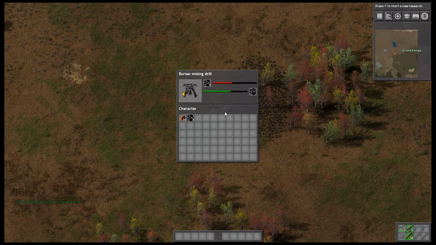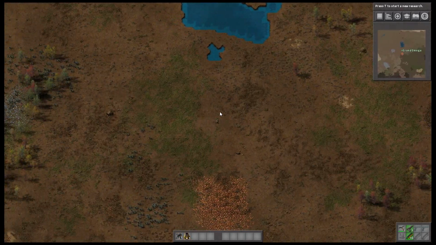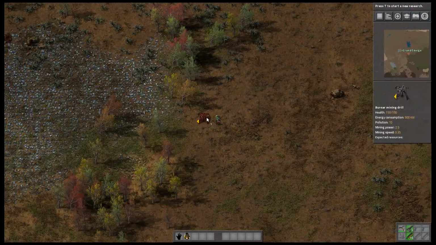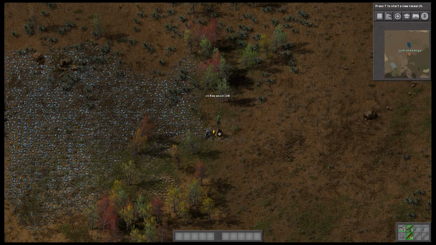Just swap my character over to green just for the hell of it. There's no reason to, but I can. And at least that's one of the commands that doesn't stop you from getting achievements if that's what you're going for. So now that we've got a bit of copper to start off with, we'll come over to the iron